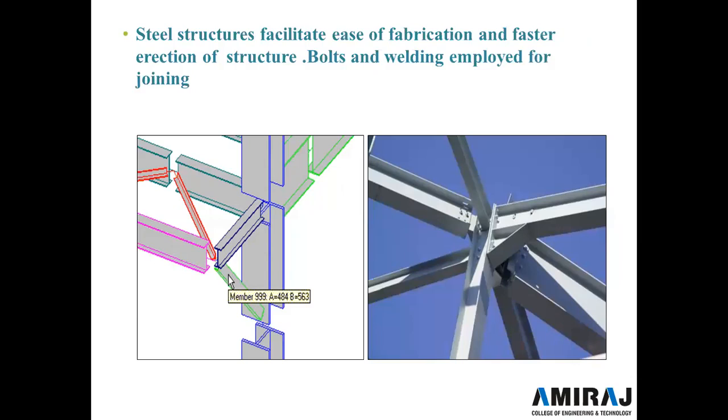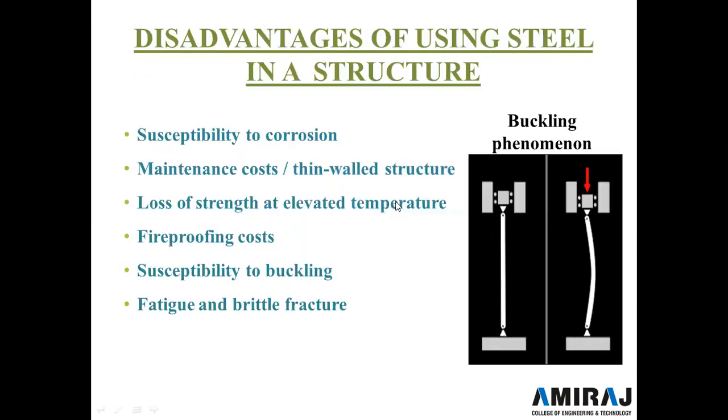Bolts and weldings are employed for joining. Generally, two members are joined by different types of connections. In that case, they use bolt connections or welding connections. As you can see in the figure, these are all connected by bolted connections, right? Going further,